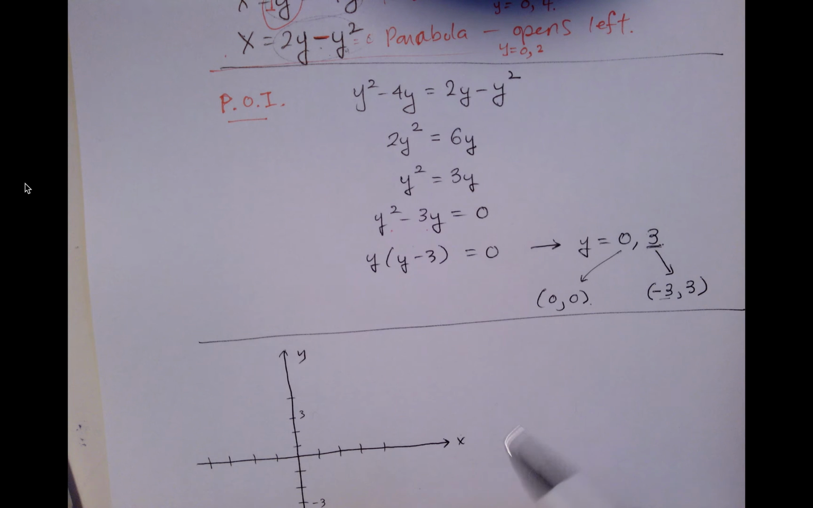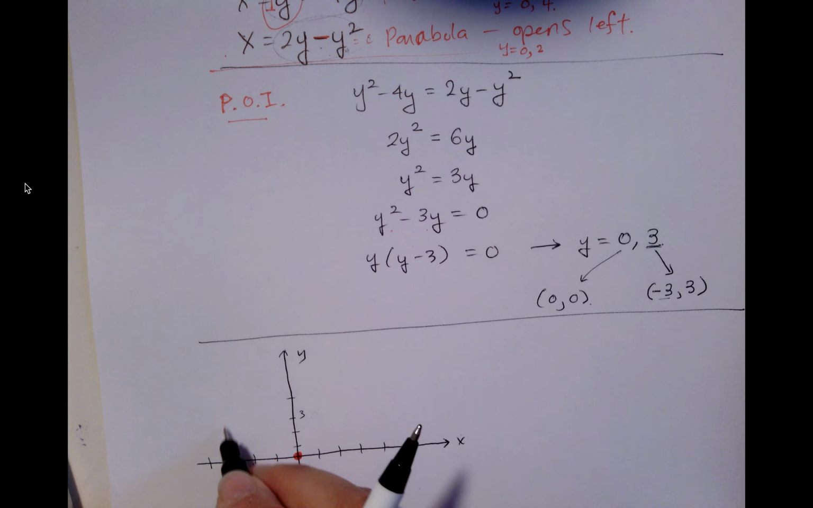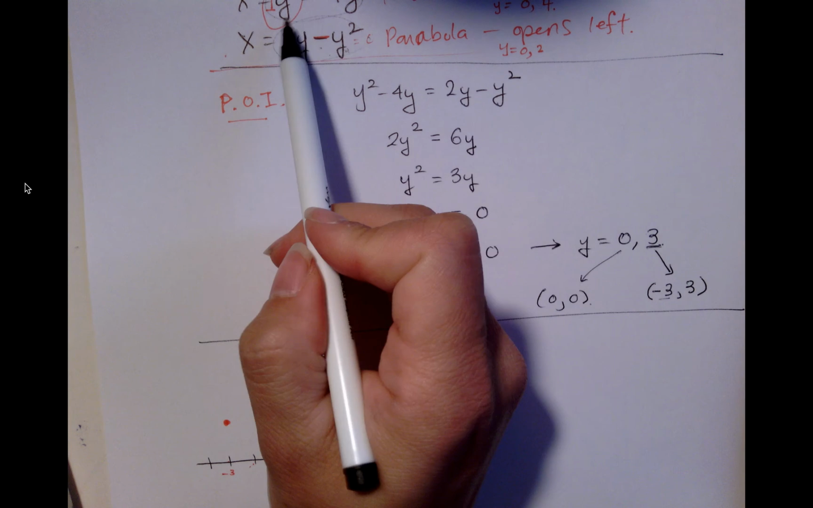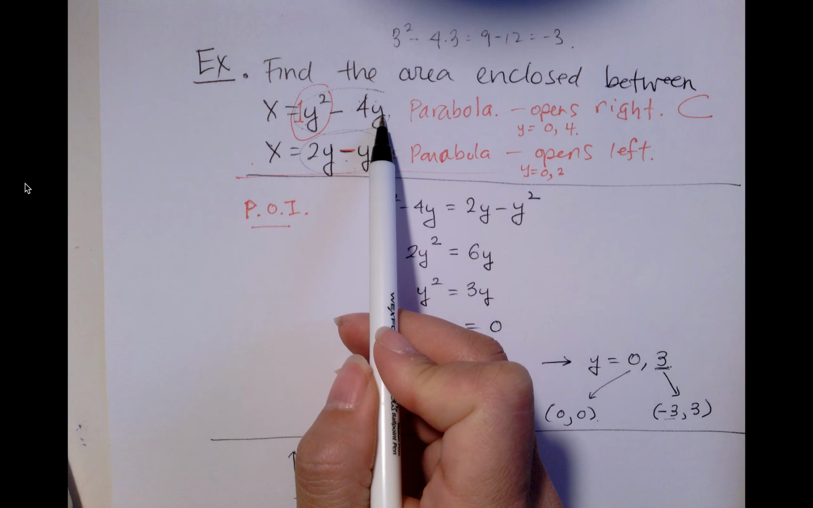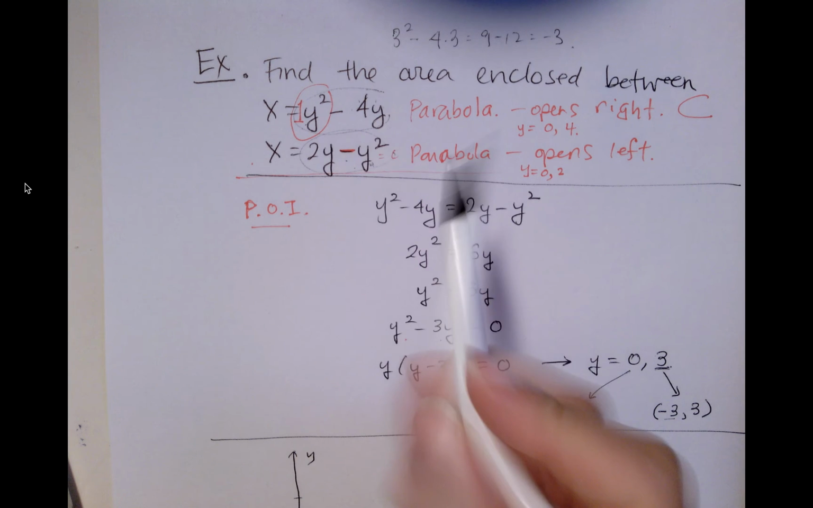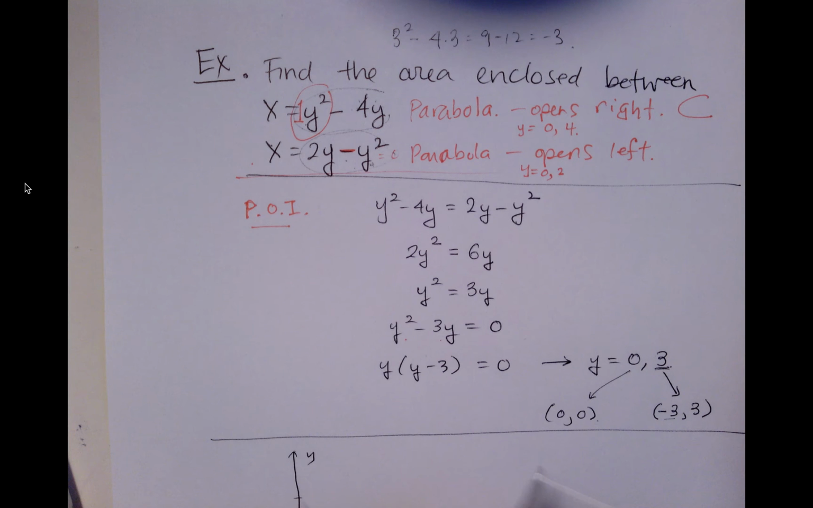Okay, so first, let's start off by just plotting those points of intersection. 0, 0, and negative 3, 3. Okay, so both parabolas have to go through those points. Let's now graph the first parabola, y squared minus 4y. This is the parabola that opens right and goes through y equals 0 and 4. Okay, so this guy is going to look something like,